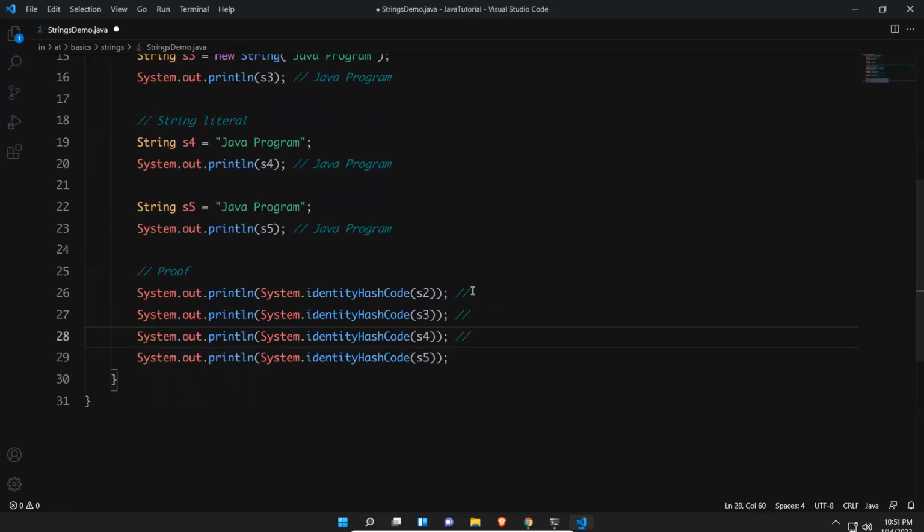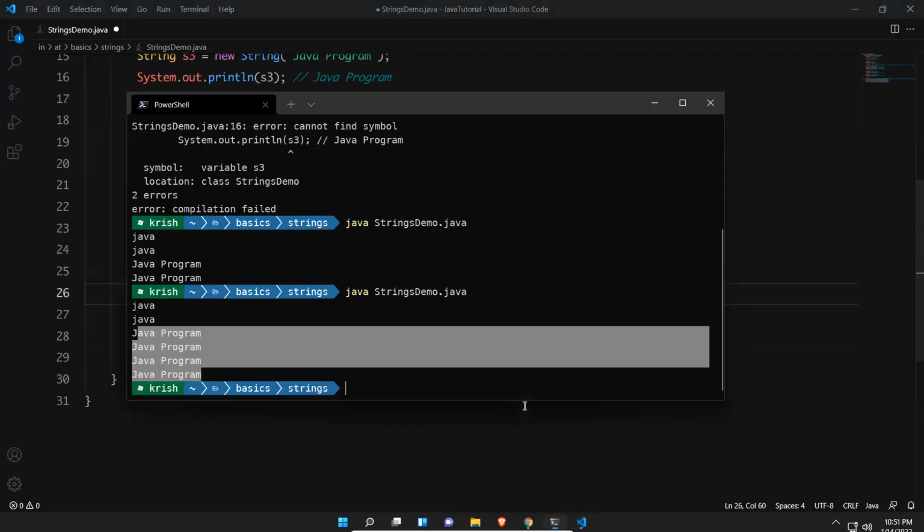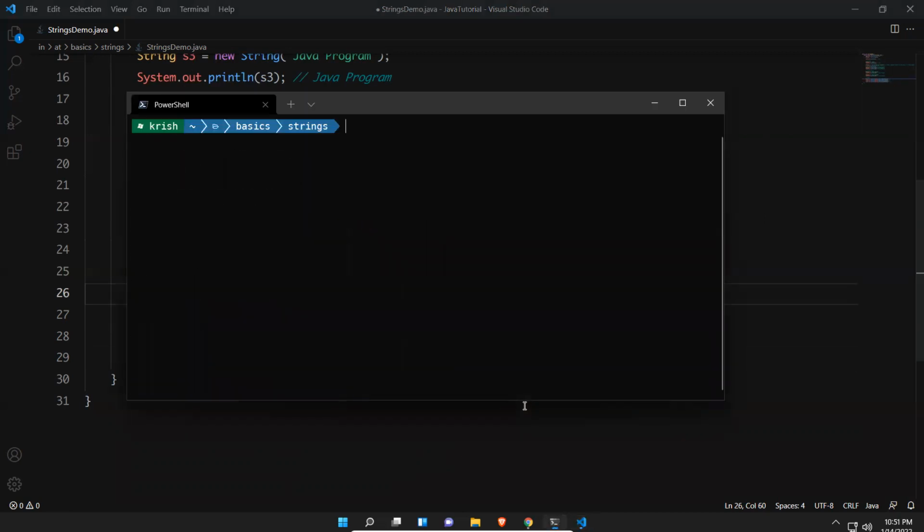But S4 will have a reference to the string constant pool, so it will print one unique value. S5 should print the same value, because S4 and S5 both point to the same object in the string constant pool. If it prints that way, then it will be clear for us. So let me run this program.